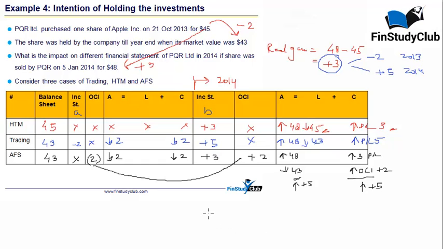Now, I would like to draw attention of all the viewers to a very, very important aspect of the regular income, which is dividend on shares or interest in case of bond investments. Now, my example here is a share. So, I'm going to take the dividend case and I'm going to assume that on 3rd of January 2014, there has been a dividend of $8 which has been distributed.